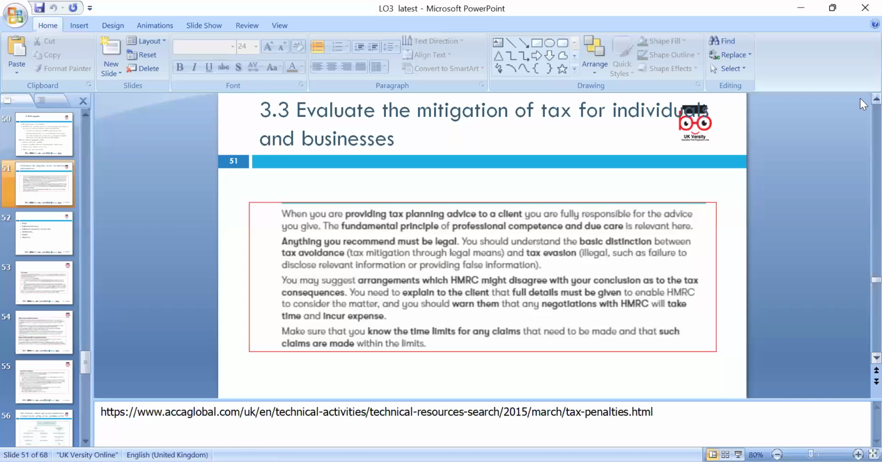So 3.1, evaluate the mitigation of tax for individuals. When providing tax planning advice to the client, you are fully responsible for the advice you give. The fundamental principle is professional competence and due care, which means up-to-date knowledge. That's why we have to do CPD. Of course, tax avoidance: in terms of the legislation, tax planning is legal. Not only do we look at the legal side, but we have to look at the ethical side, because we are a